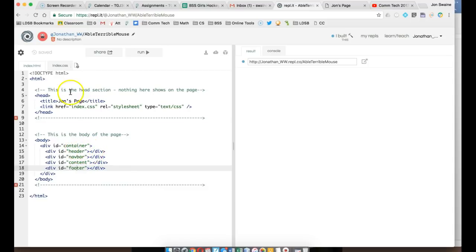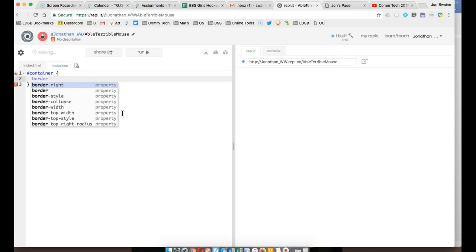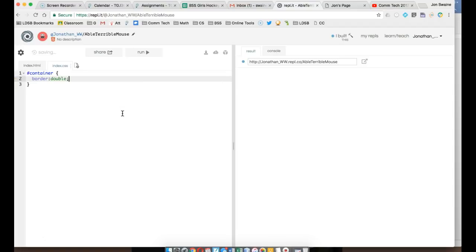So let's start with container. I'm going to go over here, I'm going to make some rules. So I'm going to put hashtag container. And in the container, let's make the container border double. That's always a nice look. And we'll give it a width of, say, and here I always think about what's the normal kind of resolution of people's screens. Usually they're around 1024 pixels wide. So if I go 900, that's fairly safe. And so if I do this and then run it,